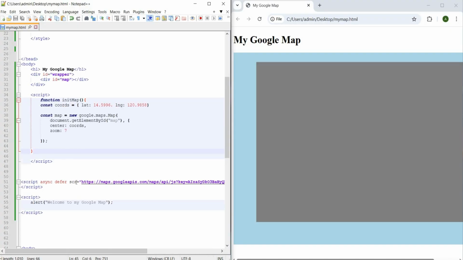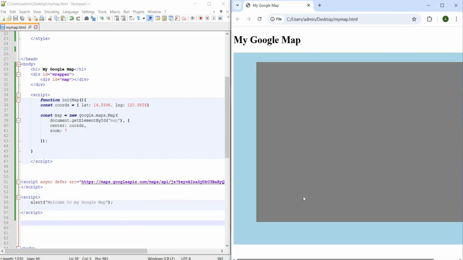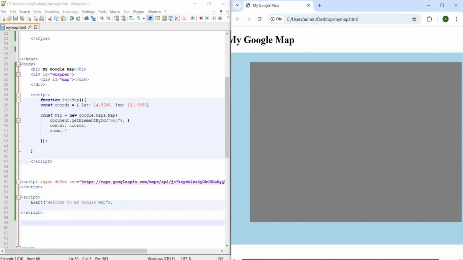There's another wrong spelling here. I see. The right one is src. For this time, I think it's worked. Let's save. Then let's see here. Refresh. Nothing happened again.